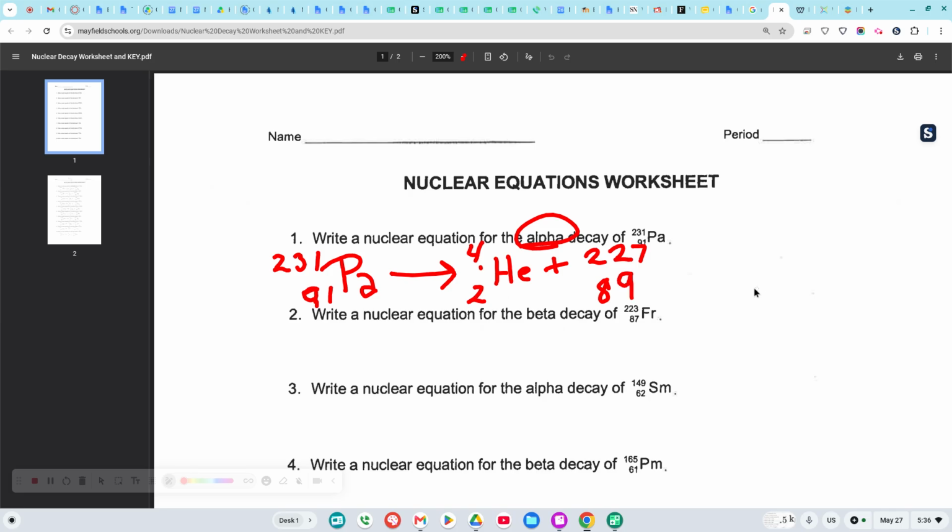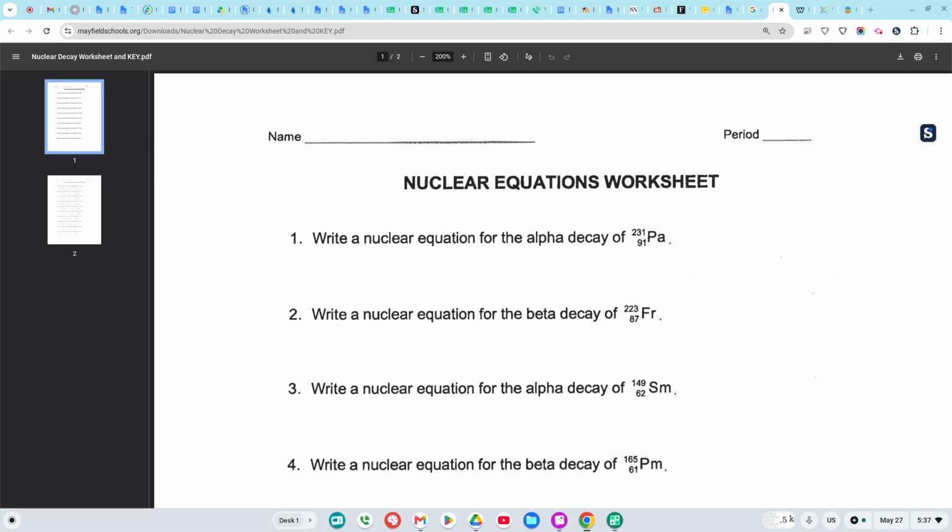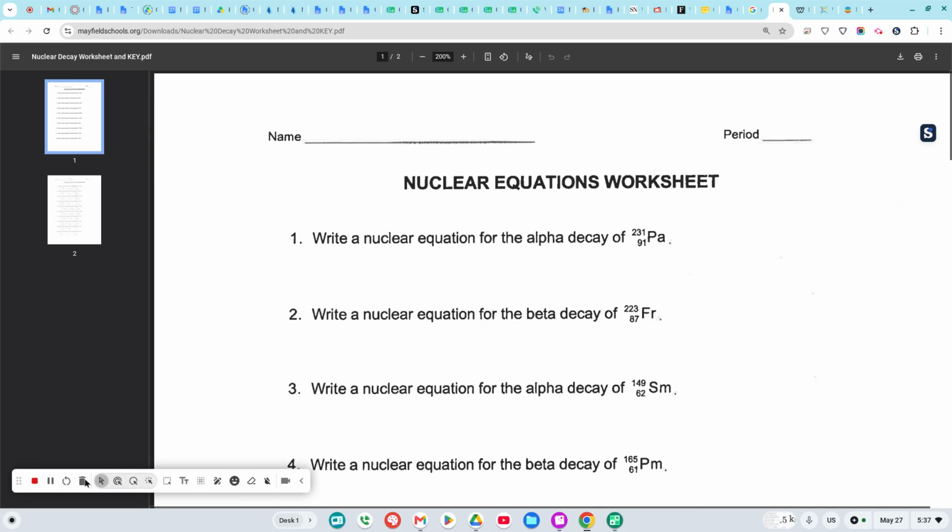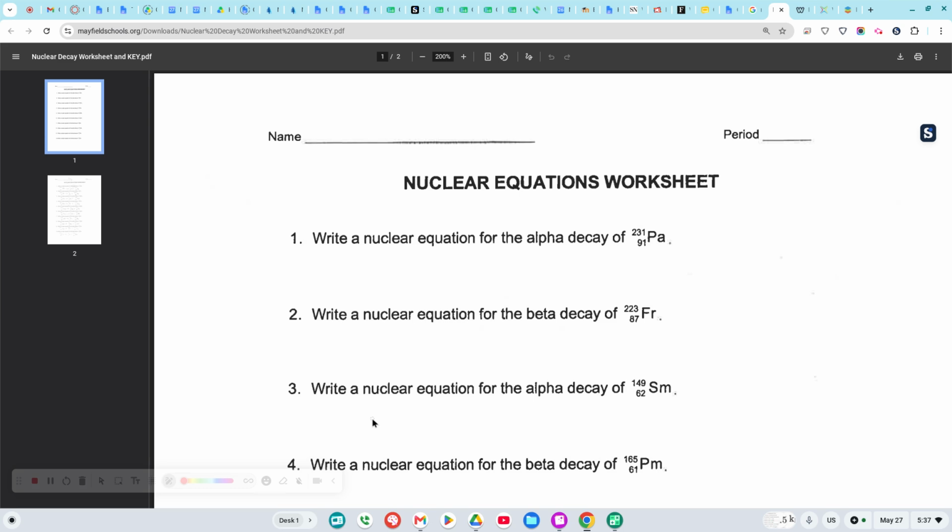And then we look at the periodic table. Remember, it is our atomic number, our number of protons, that tells us what element it is. So I go to my periodic table and I find actinium, Ac. That has 89 protons. So I come back here, and this got all erased. So it's 231,